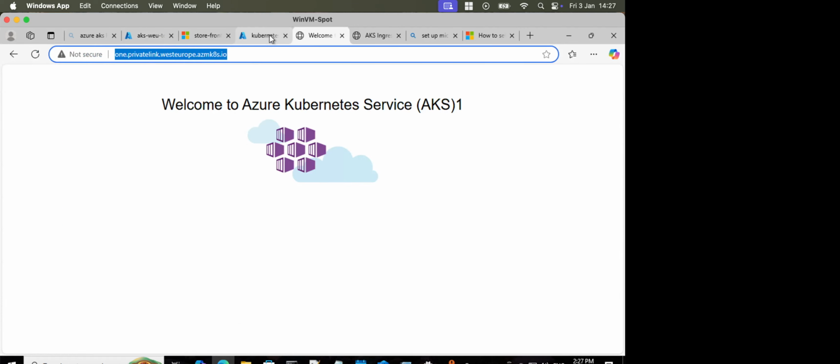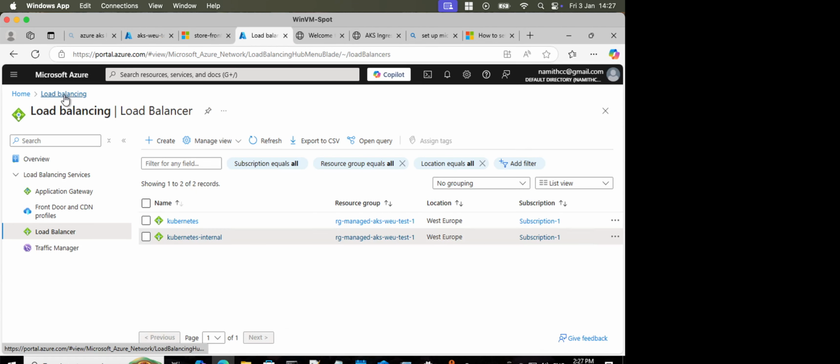you the portal. So you can see two load balancers. One is a public load balancer, because this is a test environment. I don't have any firewall at the moment, so I'm not using a user defined route outbound type. I'm using a load balancer, okay, that's why I have a public load balancer. That's for the Kubernetes egress. And the other one you can see is Kubernetes internal. So that's actually an internal